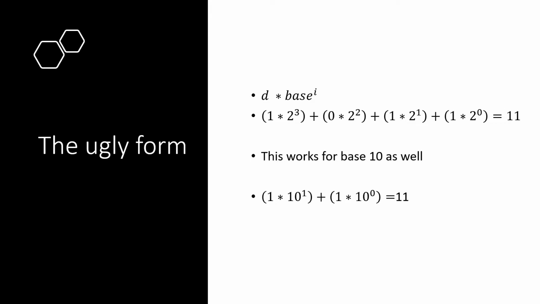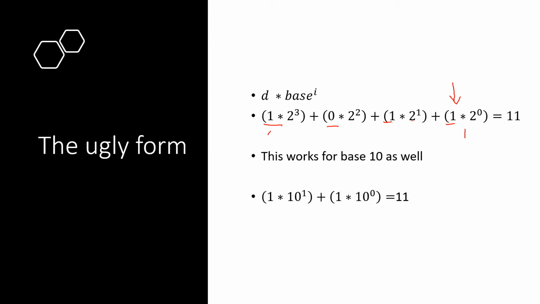I'm probably going to draw this out, but just quickly here, if we have the binary number 1011, a way to figure out what that number is in base 10 is to take the digit here and multiply it by the base to the power of its position. So we're in position 0 here, so we're going to take 1 times 2 to the 0. 2 to the 0 is 1, 1 times 1 is 1,